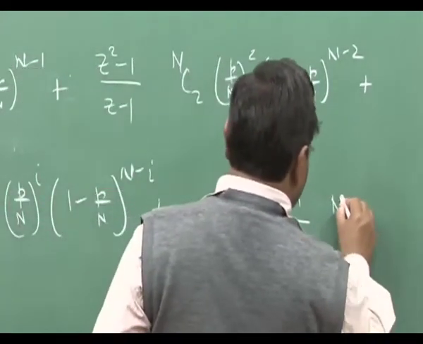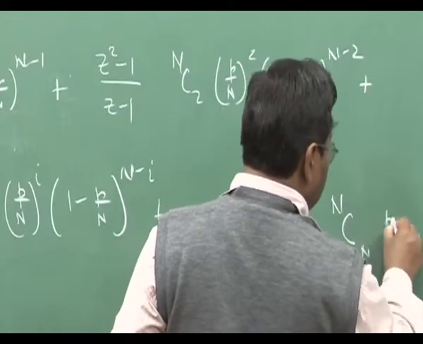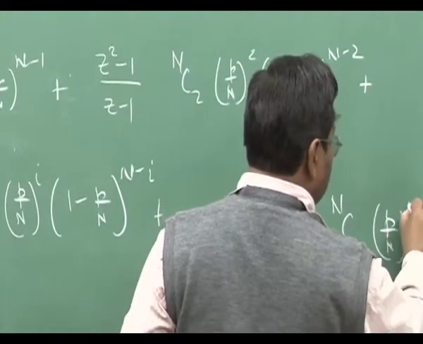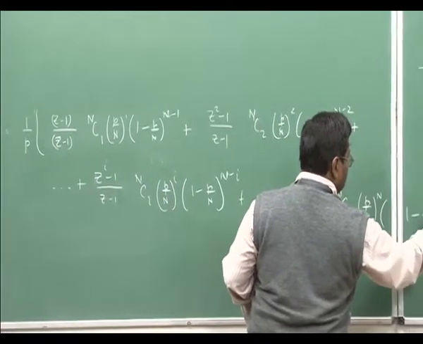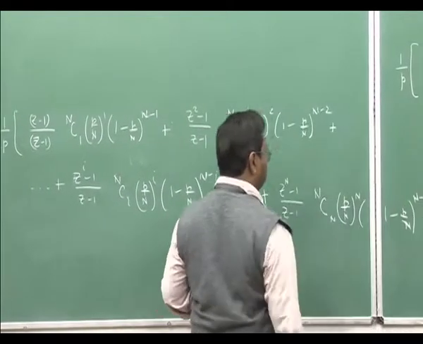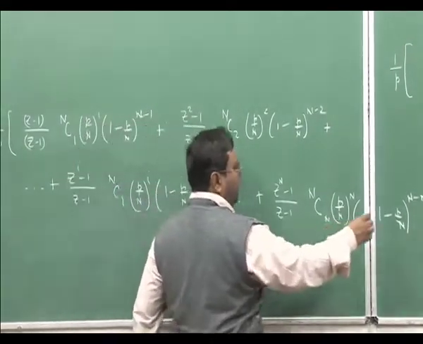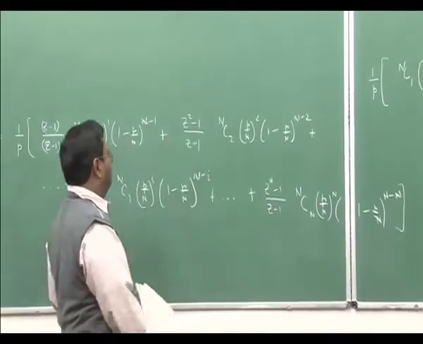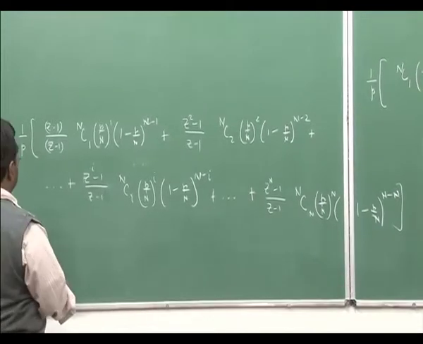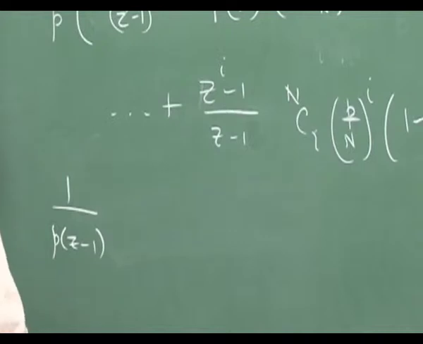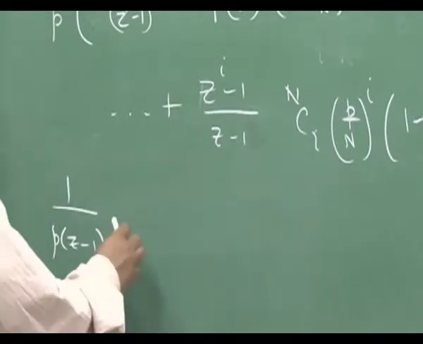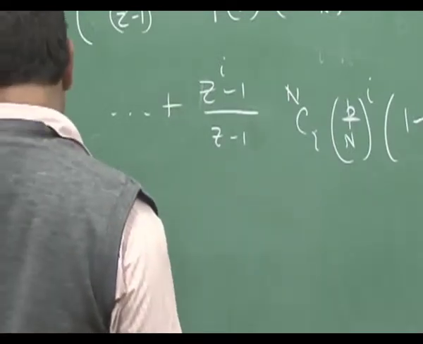So the last term will be now NC n P by n, which is 0. So that's where the term actually closes. So I can actually take 1 over P z minus 1 out. Okay. This now can be written as